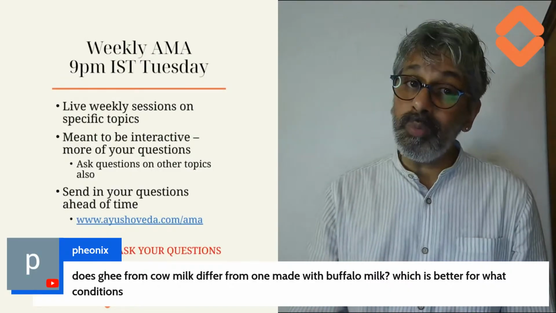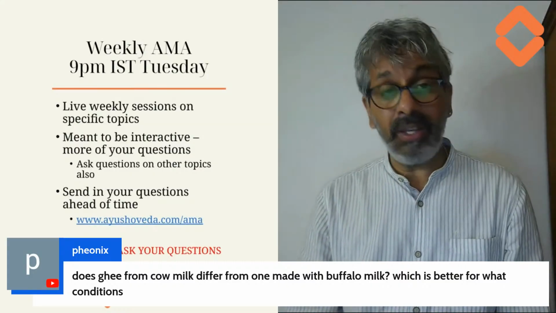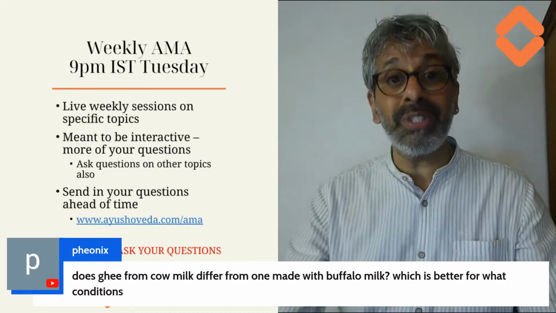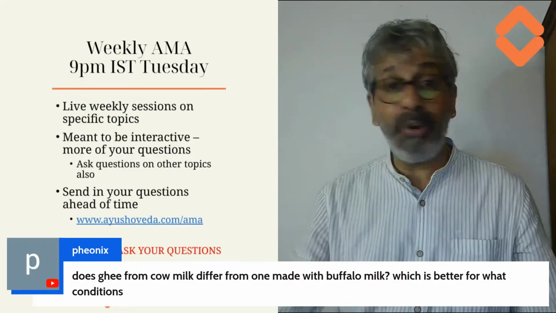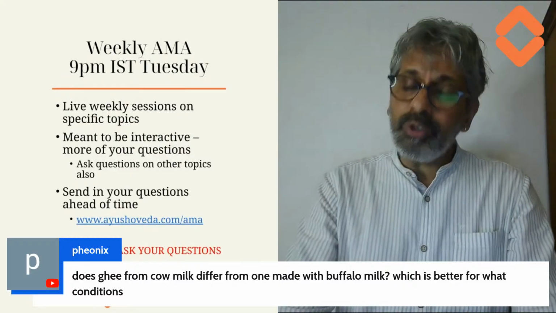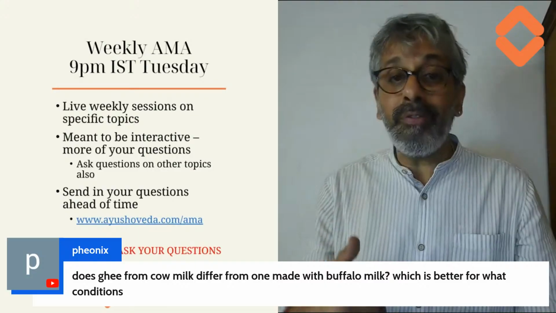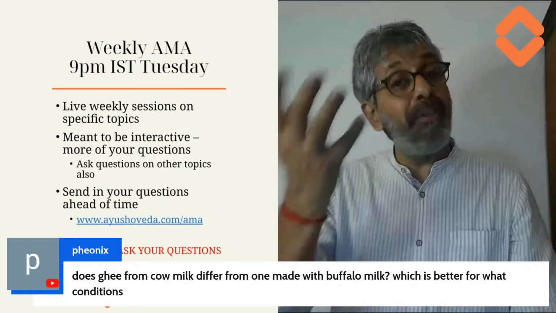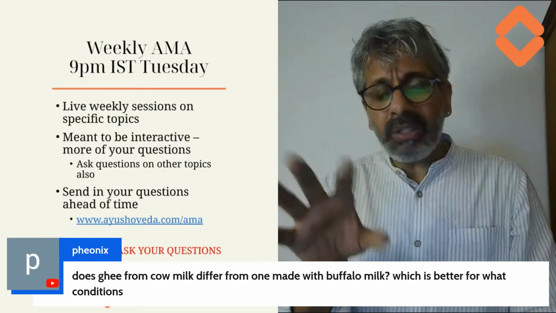Cow's milk, even though it is slightly heavy, is not very heavy. Buffalo's milk is extremely heavy. For sleeplessness, if you're not able to sleep well, buffalo's milk is basically prescribed, not cow's milk. If you're somebody who sleeps decently well, cow's milk will help you maintain that sleep. But if you have got anidra, you're not able to sleep, buffalo's milk is indicated. The ghee taken out of buffalo's milk also is heavier compared to cow's ghee. Cow ghee is more sattvic. This is slightly more tamasic.